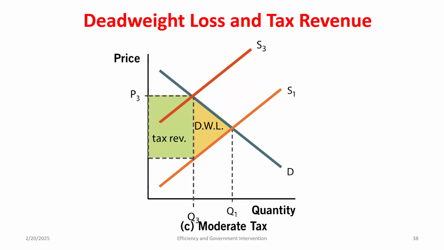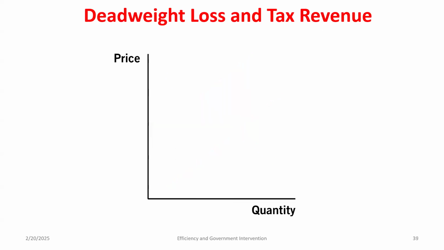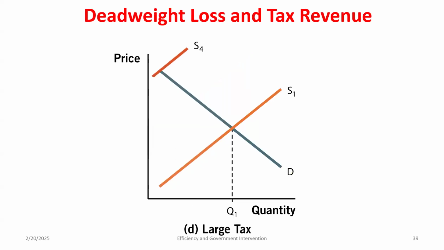Eventually, as I start to increase this tax, the deadweight loss is getting larger and larger. And what's happening to my tax revenue? Well, yeah, I'm making more per unit. But eventually, what happens if I keep increasing this supply curve with a higher and higher tax? This one doesn't quite hit it, but I'm driving that quantity closer and closer to what? If I have a tax high enough, what happens to the quantity? If it's zero, what would my tax revenue be? What's the deadweight loss of the entire market?